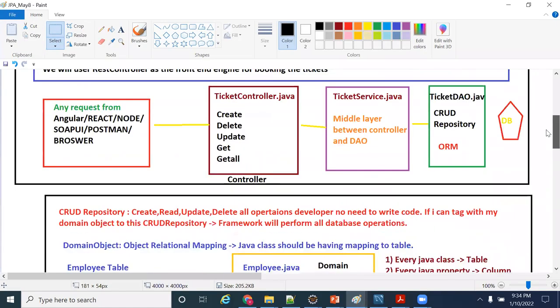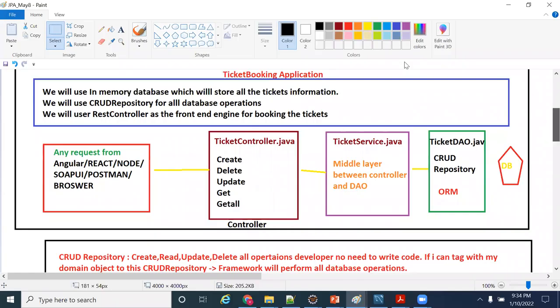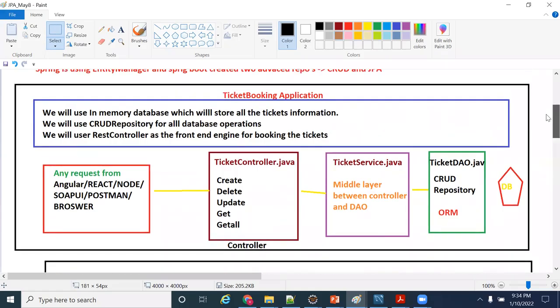Now I'm going to create a ticket booking application. I told you, any scenario I'll teach through a real-time scenario. Some kind of end-to-end application I'm going to create: a ticket booking application. If I want to book a ticket, create it, update it, delete it, all CRUD operations. So I'm developing using Spring JPA with the concepts. That is my first topic.